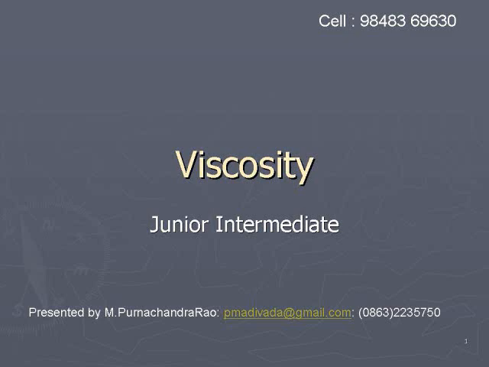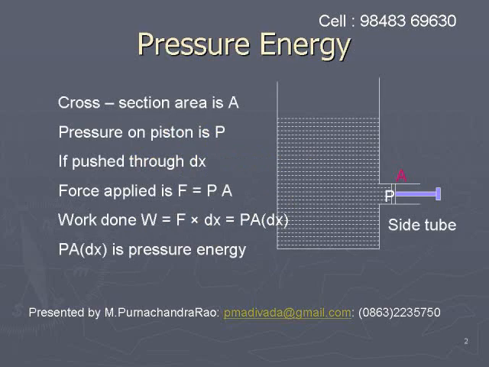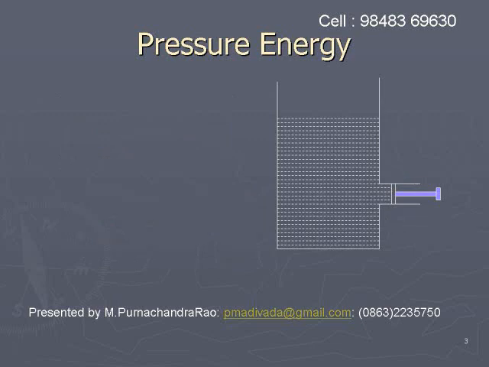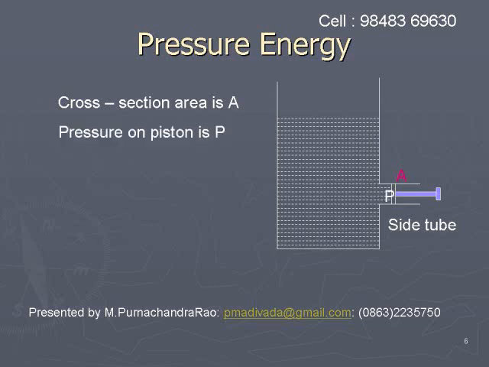Pressure energy. To derive a relation for pressure energy, let us imagine a cylindrical container. In this cylindrical vessel, suppose a liquid is taken, and the vessel carries a side tube with an area of cross section A. If the pressure on the liquid near the cross section of the tube is say P, due to the liquid,